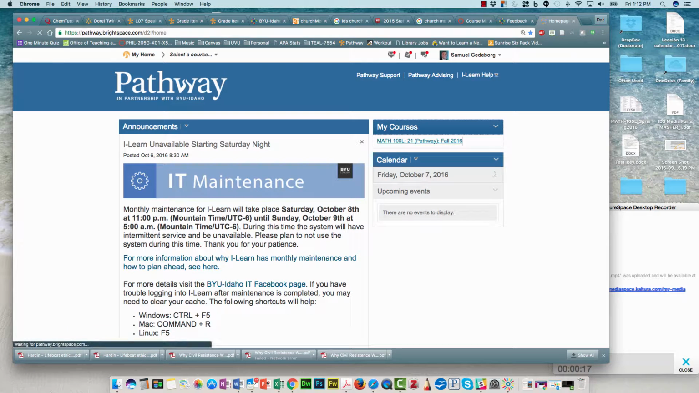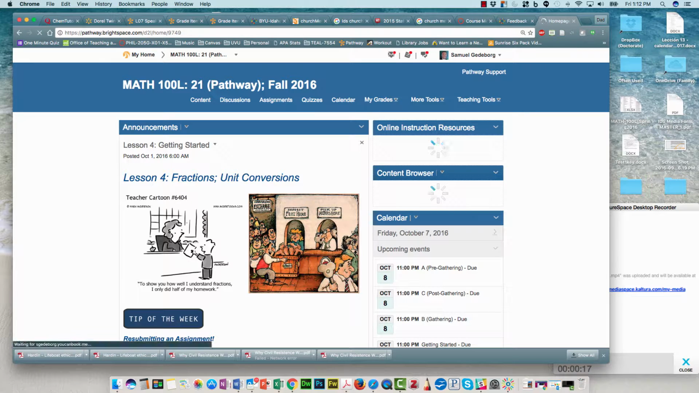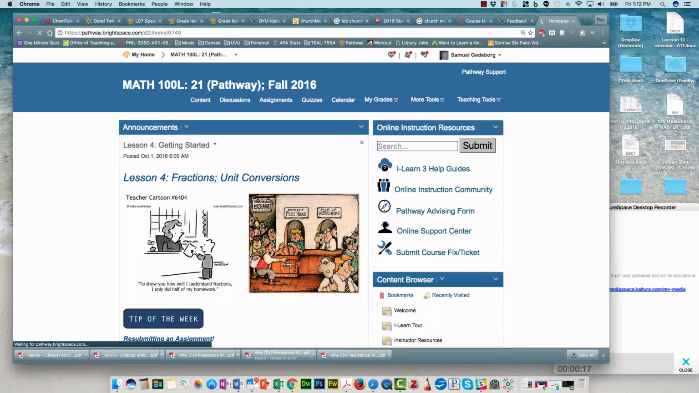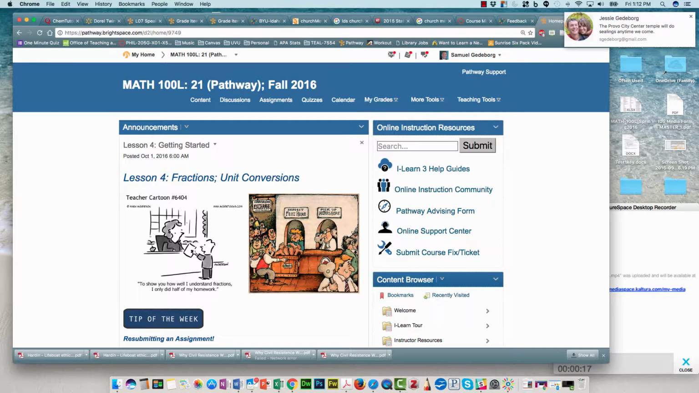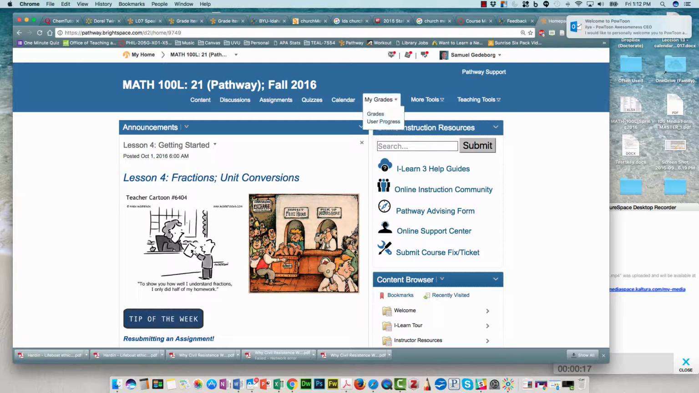Click on pathway. I'll go into my class. And for the time being, let's assume it's feedback to an exam. So what I do now is I look over at, okay, sorry about that. I will quickly open up